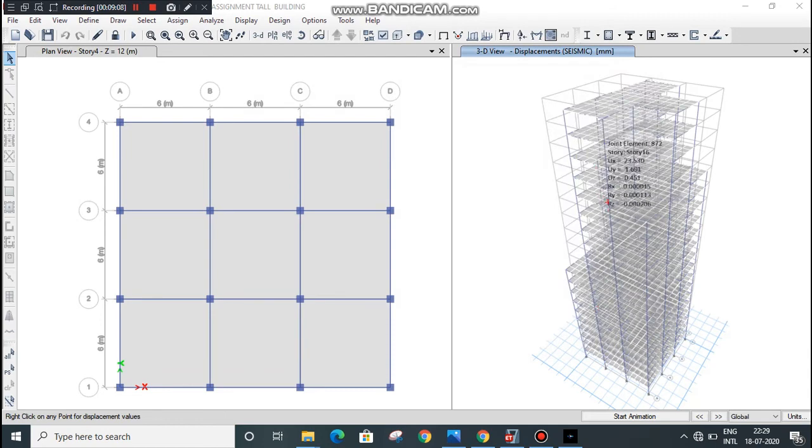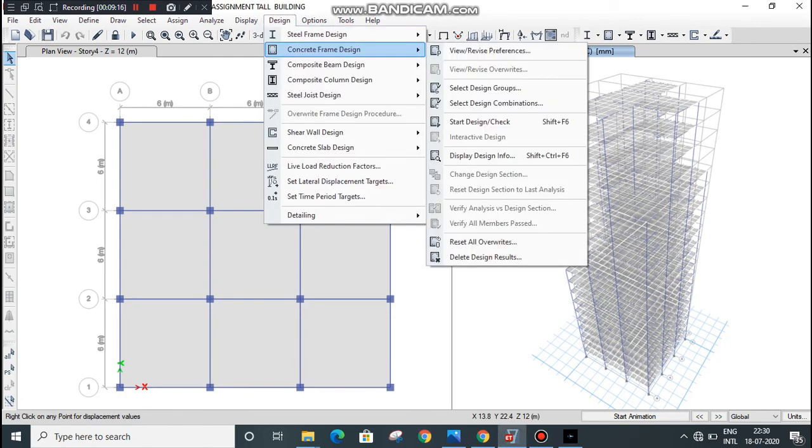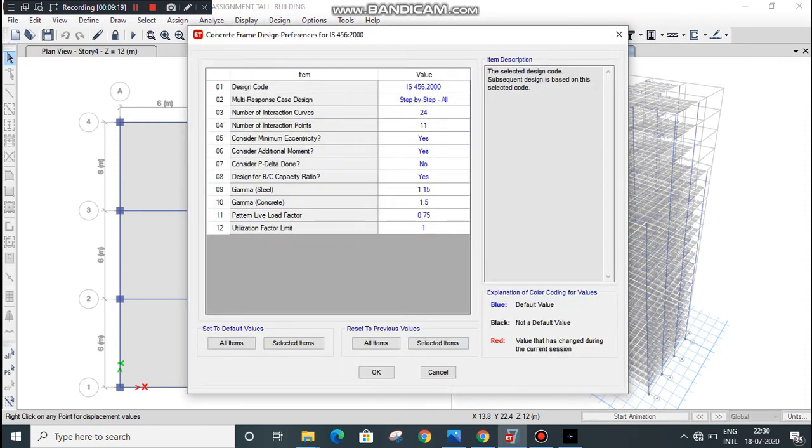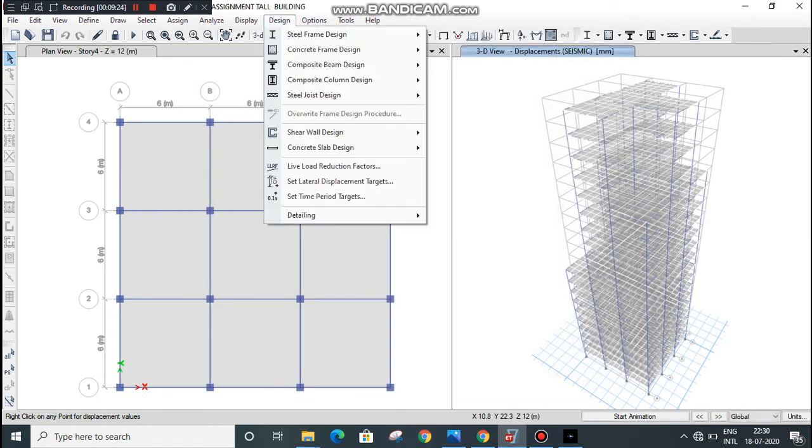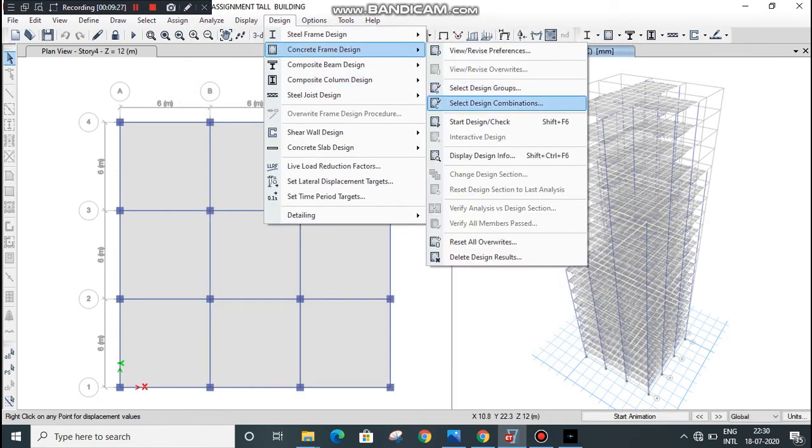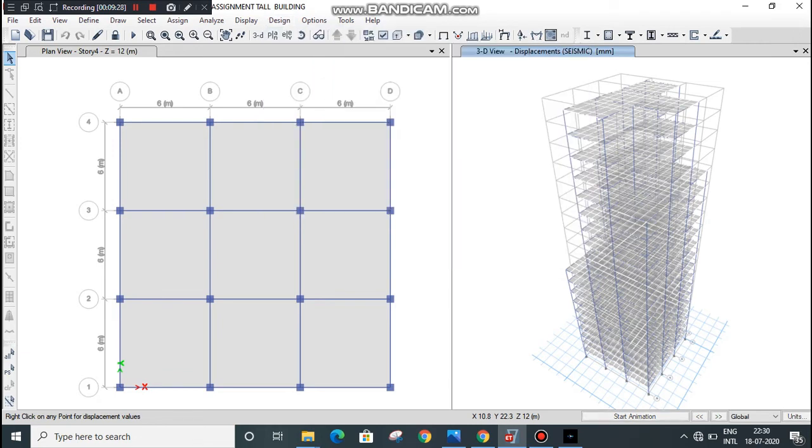Here you can see analysis has been completed. Now we will design our model. Go to design menu and select concrete frame design. Go to view revise preferences to select the IS456 2000 code for concrete. Click on OK. Again go to design menu. Go to concrete frame design. Select start design, check.